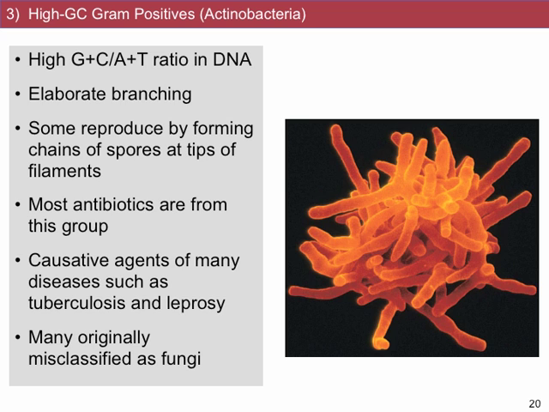So the third group of bacteria I'm going to include in this tour are called the Actinobacteria. That's the sort of geeky microbiologist name for them. The more common name is the high GC gram-positives. And what that refers to is that these stain positive with the gram stain. They have that structure to the cell envelope that I showed you before with the peptidoglycan, thick peptidoglycan cell wall, and only one membrane around the cell.